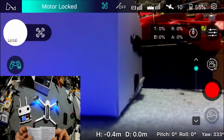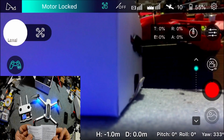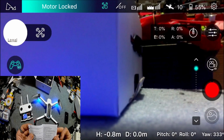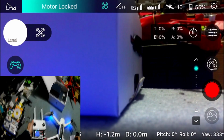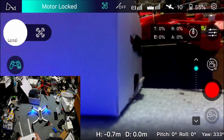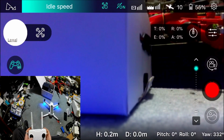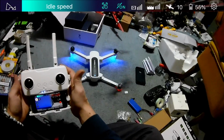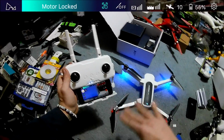Frequently asked questions. Cannot arm motors. Make sure that you have completed the GPS compass calibration. Weak or non-existent GPS: the aircraft does not return to home point. Be sure it has 6 or more satellites. I have 10 satellites. I want to fire my motors. Hey, there we go. And then if I just hold down, will it shut off? There we go. So I'm still not thrilled about you can't fire motors without proper GPS, but this is